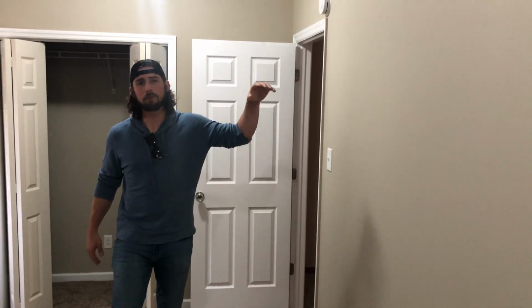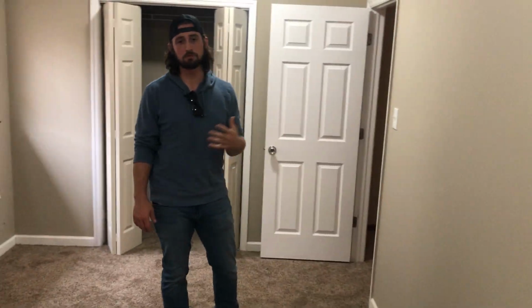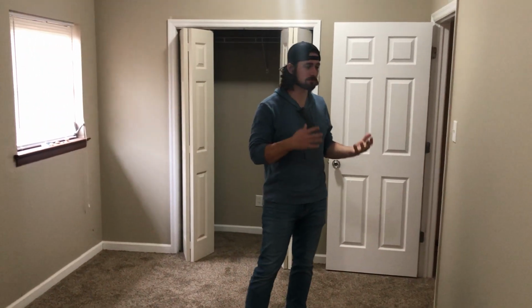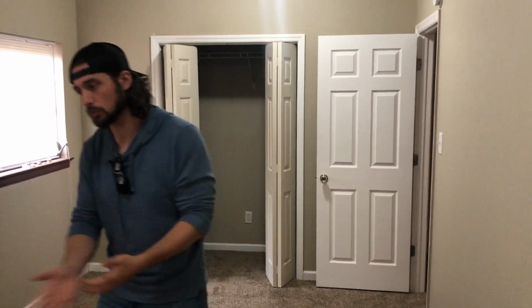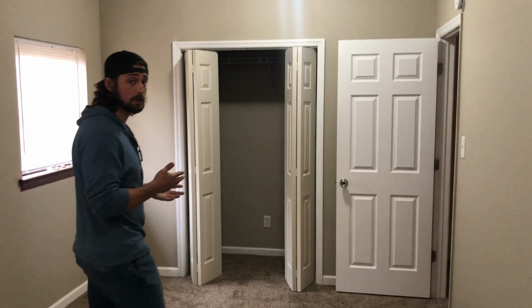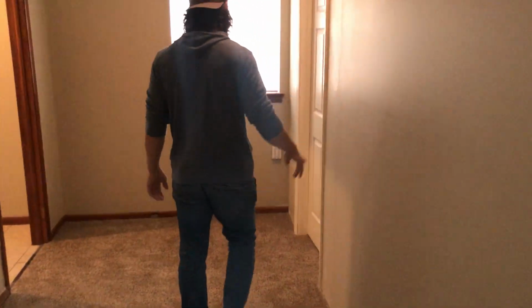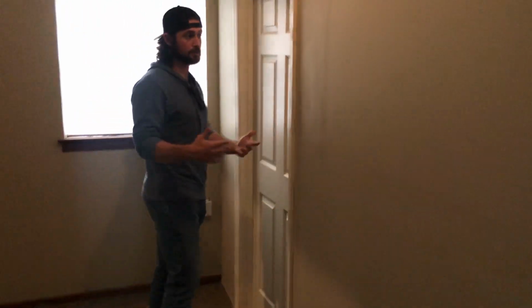Originally, it was off of a bonus room, and it was in the back of the house. And when this home was marketed to us, it was marketed as a bedroom off a bedroom. Basically, you were supposed to open a door into a bedroom and then walk through that bedroom to get to this bedroom. Don't like doing things like that. So what we did instead was we created this hallway over here, which is why this wall is the way that it is. So we created the wall here, and then built another bedroom in the back of the house,